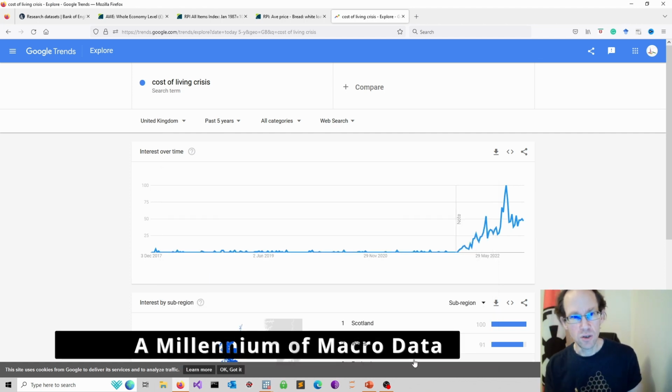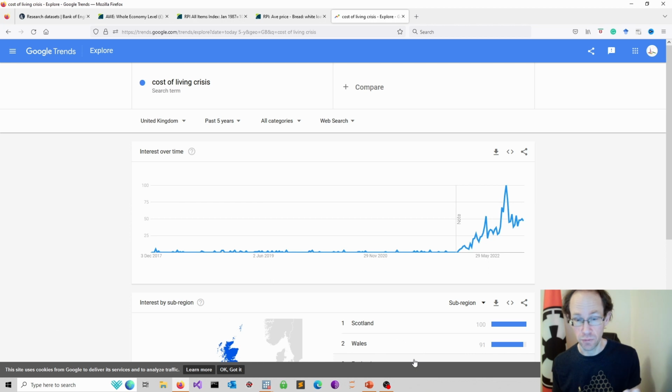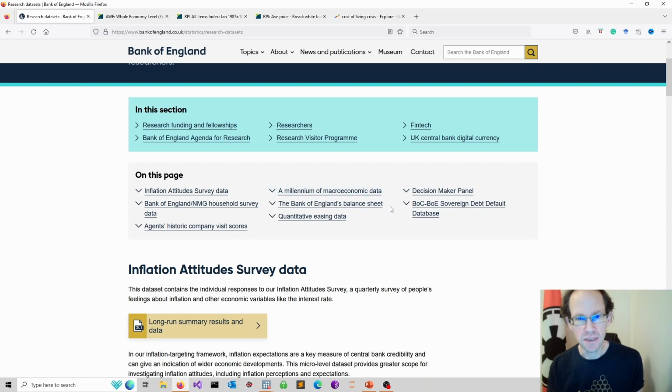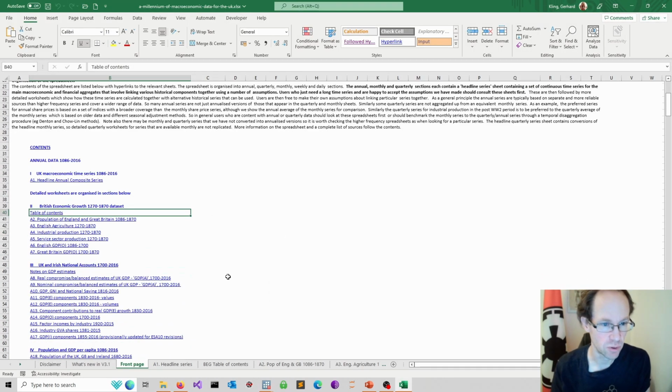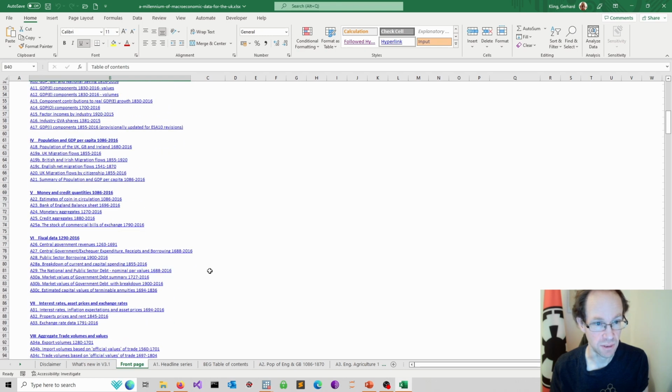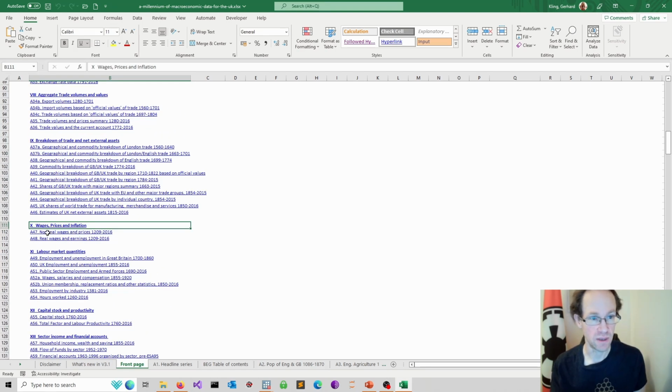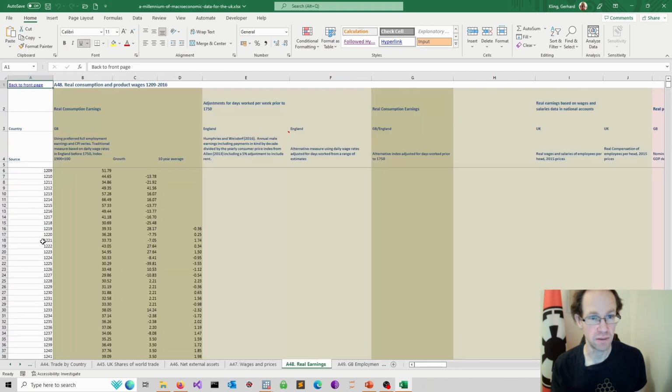Next, I used macroeconomic data, and I show you a database which is for free, and I like free stuff. It's always good to have free stuff, and it's really powerful if you want to do long-term analysis. There is a database which is really good for long-term analysis of macroeconomic conditions, and it's called A Millennium of Macroeconomic Data. So here we have a detailed description of various time series. I explored this part of the data set, in particular the real wage data.